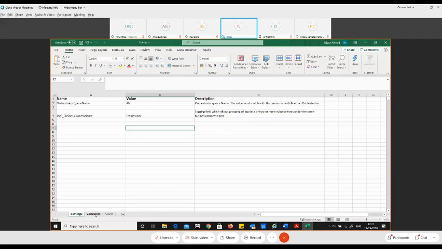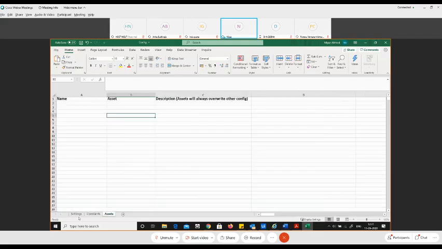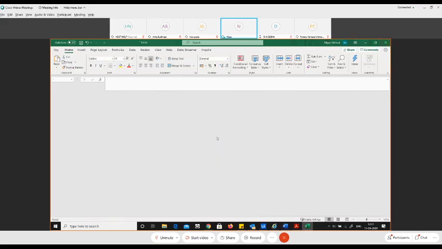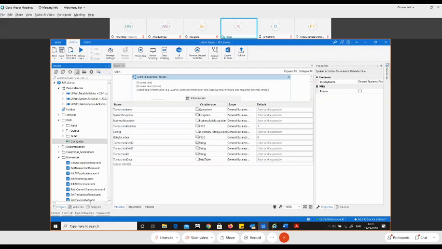I'll let you know how to use this config file. I'll show you the code where the orchestrator really reads values from this config file. So let me close this config file for now. Don't save that value. Okay, let's proceed further. Next is the retry number, as in how many times you want to retry the particular transaction item. You can see over there.